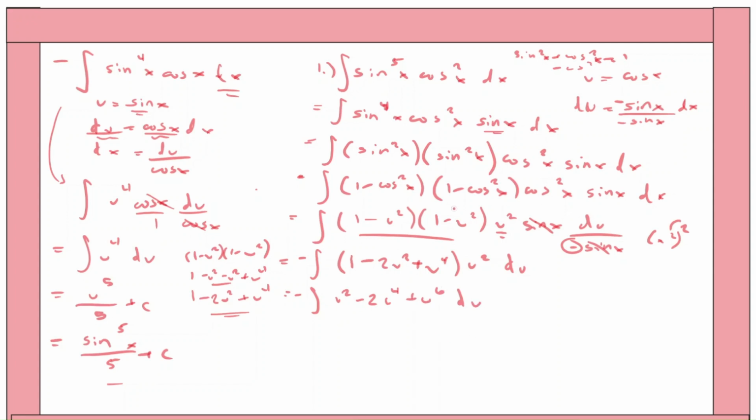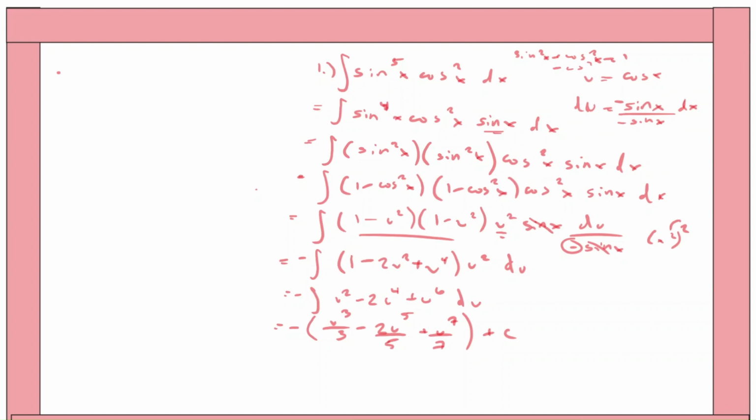Now we've done all this work in substitution, and it's a pretty nice polynomial to take the integral of. We can just use the power rule. We're going to have to keep this negative. Don't forget the negative, or else the answer will be incorrect. We do the power rule for all of these: raise the power and then divide by the new power. So we'll have u cubed over 3 minus 2u to the 5th over 5 plus u to the 7th over 7